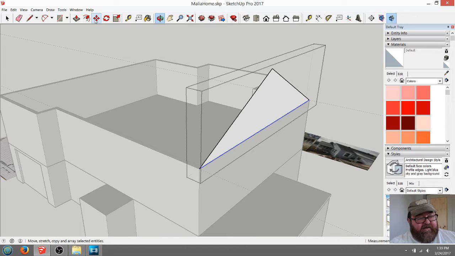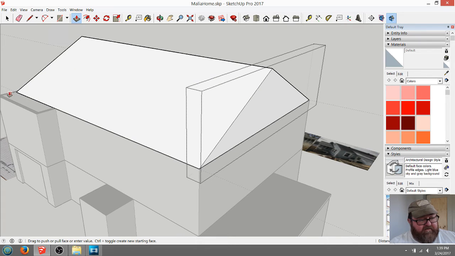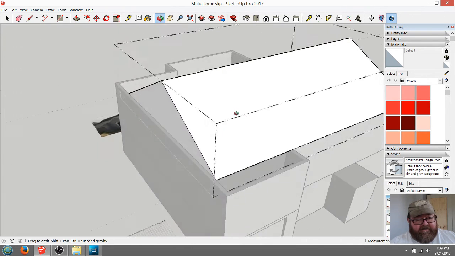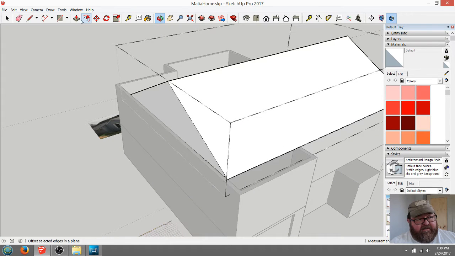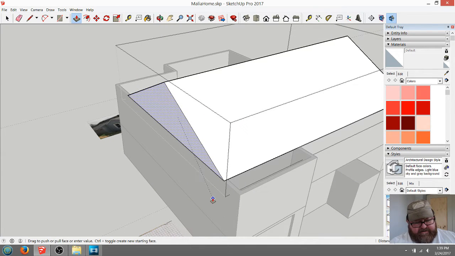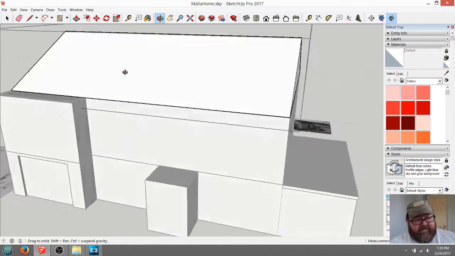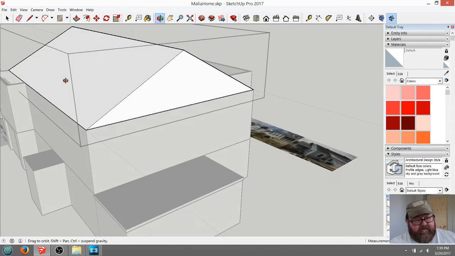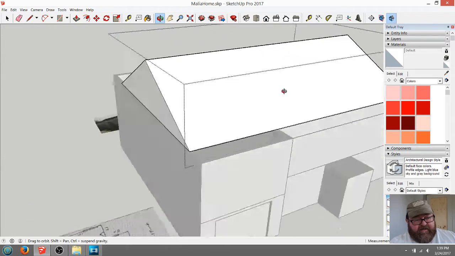But anyway, now what I can do is I can just take this, where's my push-pull? Take my push-pull tool and take that all the way over. And I don't think I got it all the way to the end. I didn't. So I can just grab it again, and then I can just make it flush with that end, like that. And then I can take that,